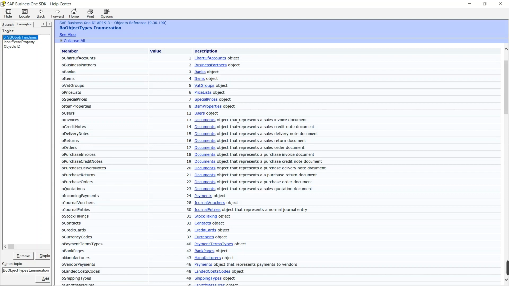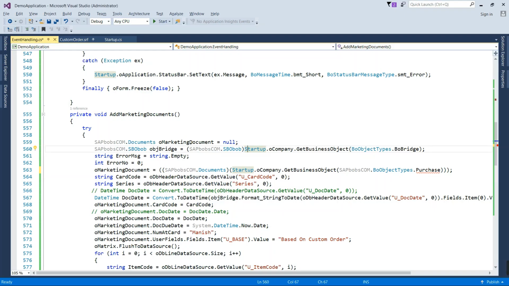And if you want to create similarly item master, business partner, then you will have to declare the variable of business partners type. If you want to create item master, then you will have to declare the variable of items type. Let me add one of them so that you can understand.